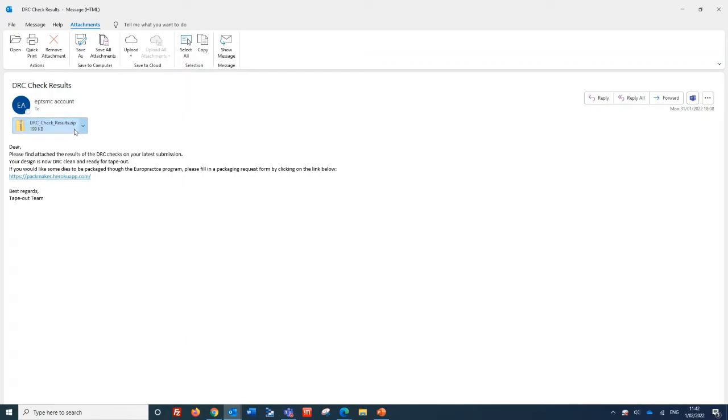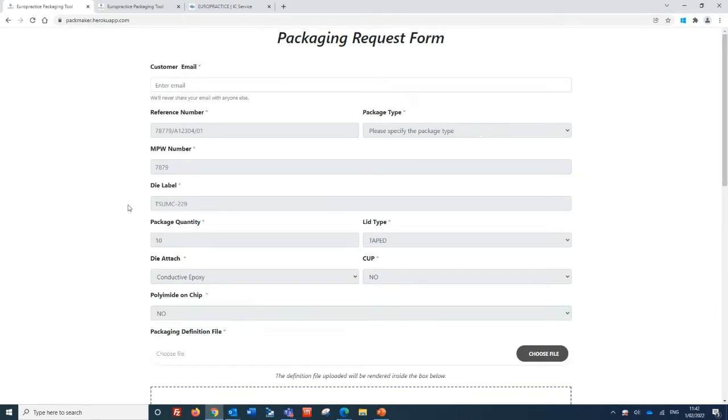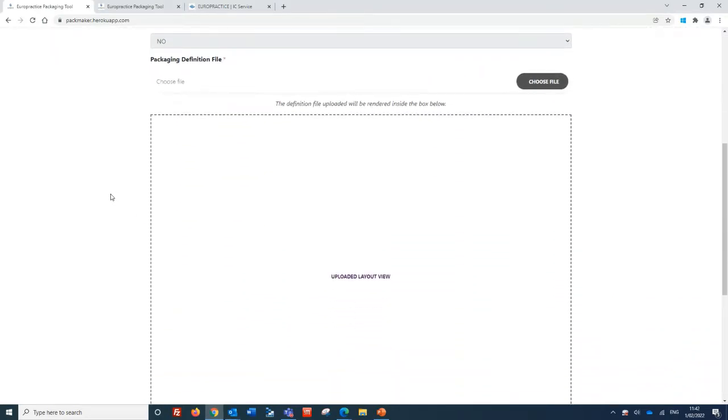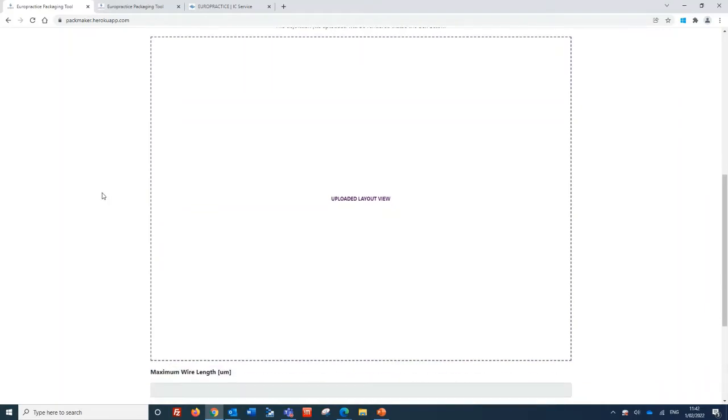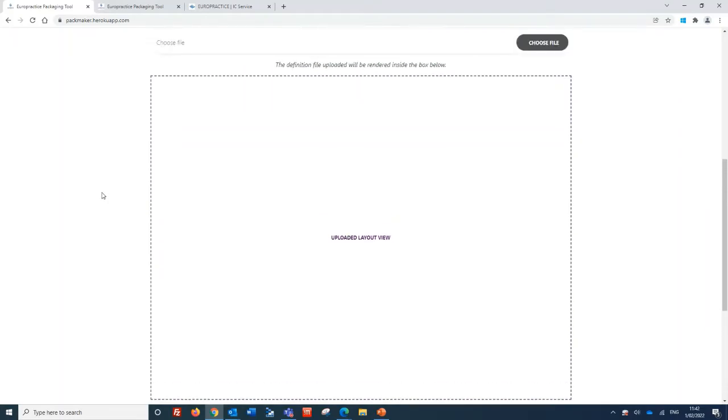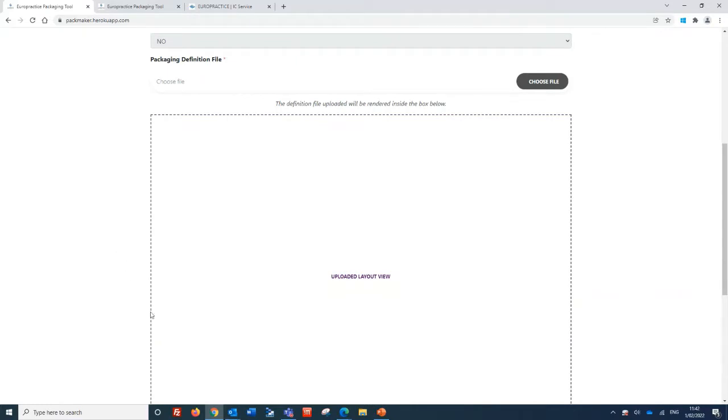Here you can see that the attachment contains the DRC check results, and the link to the packaging request form is here. If you click on this link, it will take you to this form here. The first thing you need to do is upload a simplified layout view of your chip that only shows the bond pad. And such a view is included in the folder with the DRC check results that has been sent